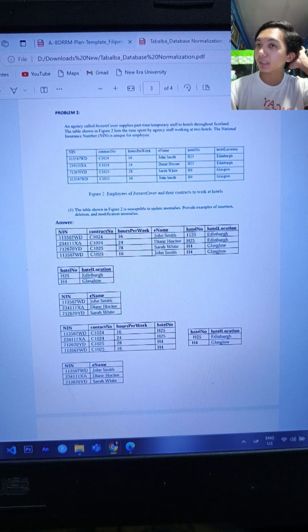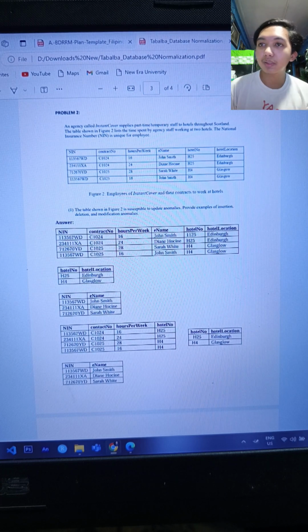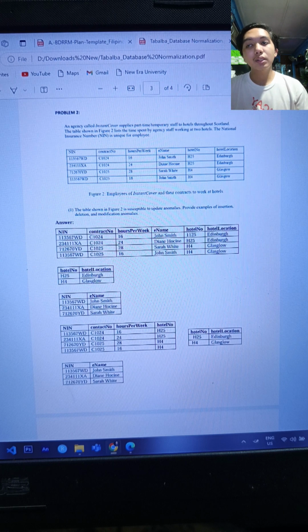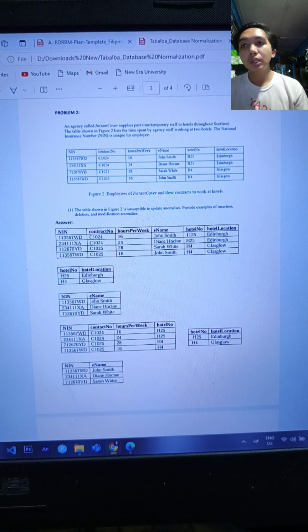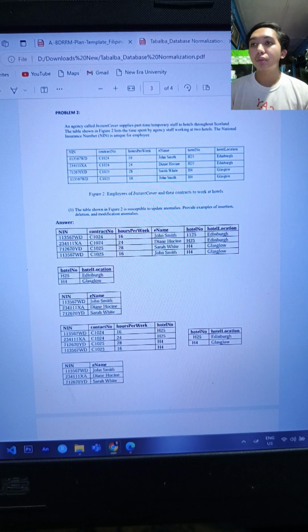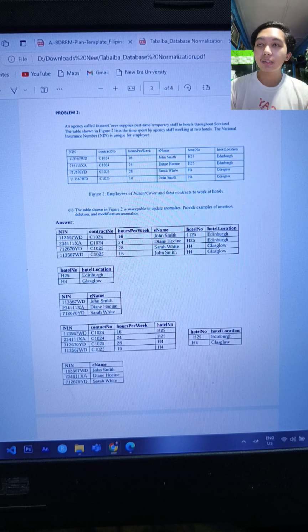We use pandas to read the CSV file containing the data, and for identifying the anomalies we can use filtering and printing specific rows to demonstrate examples of each anomaly. Normalizing the data, we create three separate data frames.